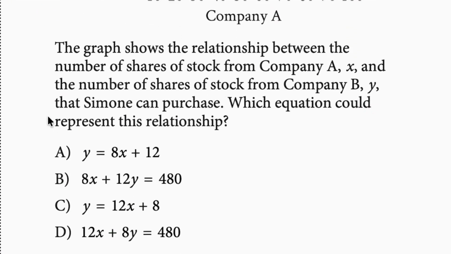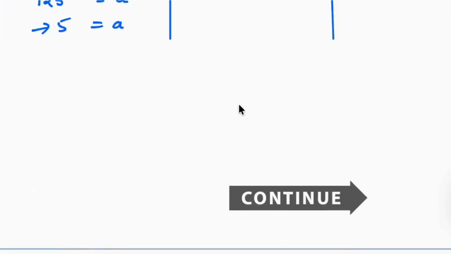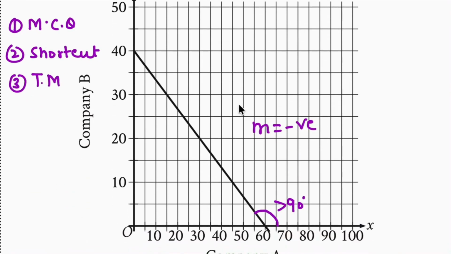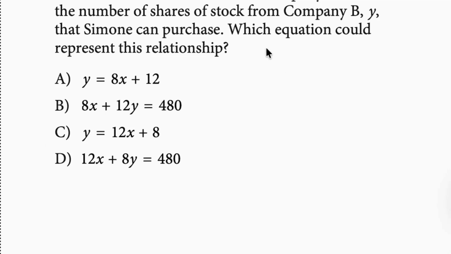Let's see MCQs. There is a show Kaun Banega Crorepati in Hindi where Amitabh Bachchan is the host. There's an option there, 50-50. Half of the options are deleted which are not the answer. So I'm going to use that here in fun. Because I can see the slope is negative, the first and third equations, if you compare them with y equals mx plus b, are already deleted. So that means 50% of the wrong options are not there now